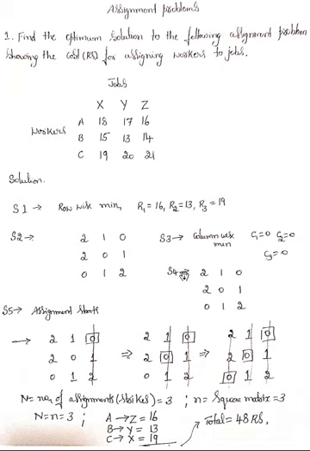We need to observe in the first row whether there is any possibility of zeros. When we look at the first row, we have only one 0. When we have only one 0, we need to enclose that 0 in a box. Since we are observing row-wise, we strike out its column. This column should not be considered for any further assignments. Once the first row is finished, we go for the second row. In the second row, the remaining elements are only 2 and 0.